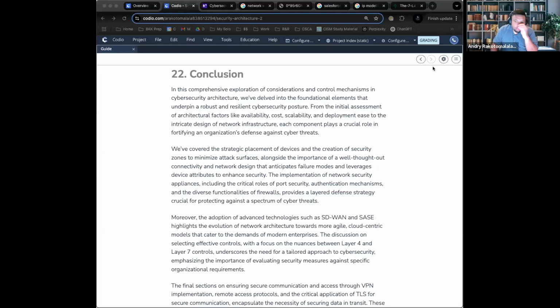Okay, now to summarize everything, when we're talking about security architecture, I know that this was a really heavy class where we focused pretty heavily on networking and on the devices. But if you're going to take away anything from here, understand this. The foundational design of cybersecurity architecture needs to align with the business needs.